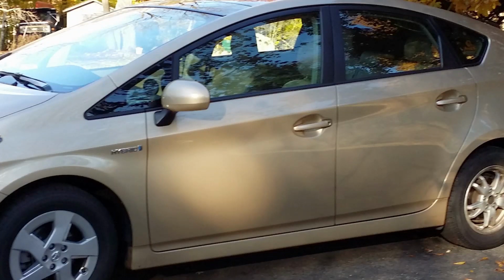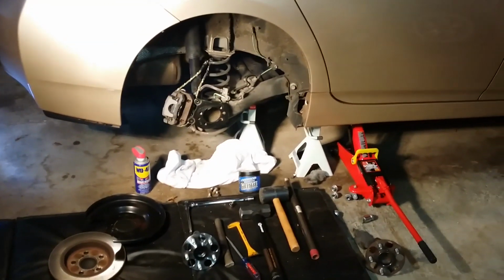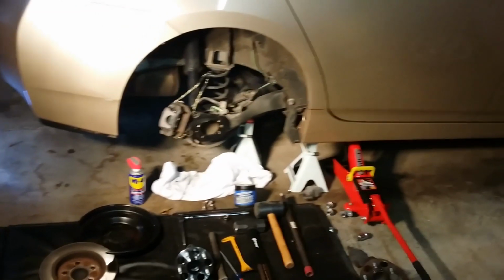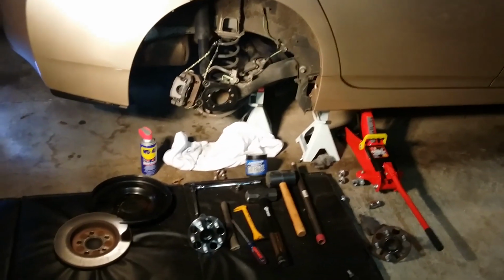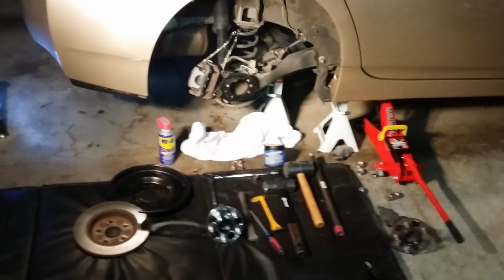Hey, I'm coming to you live from Torrington, Connecticut, and I'm going to change out the rear wheel hub assembly on a 2010 Toyota Prius. I've got a 2010 and a 2011. This is the third generation Prius, and they're quite a bit different from the second generation as far as replacing